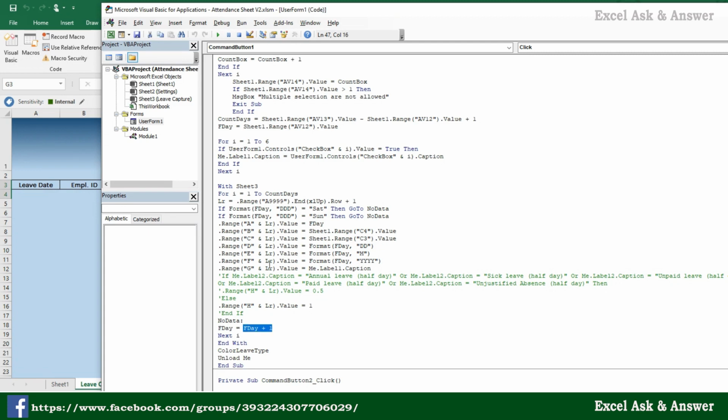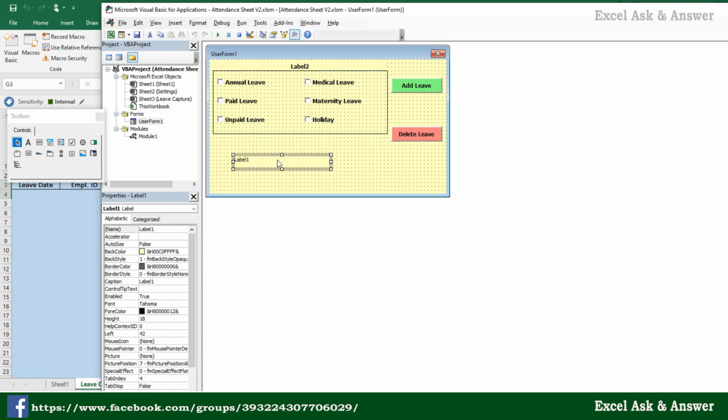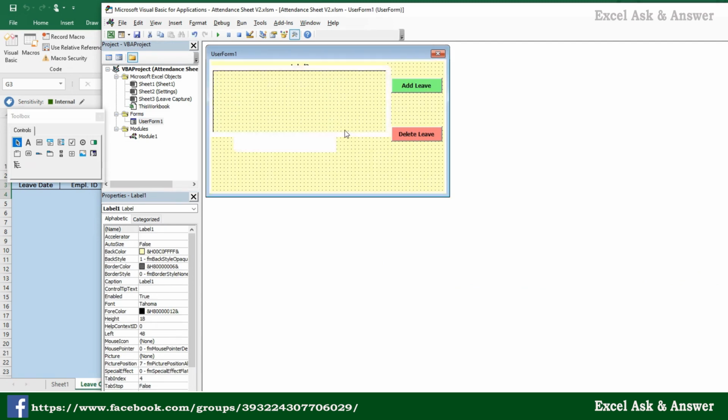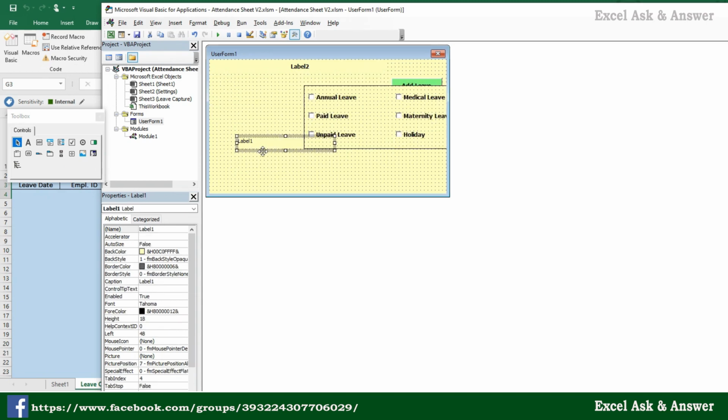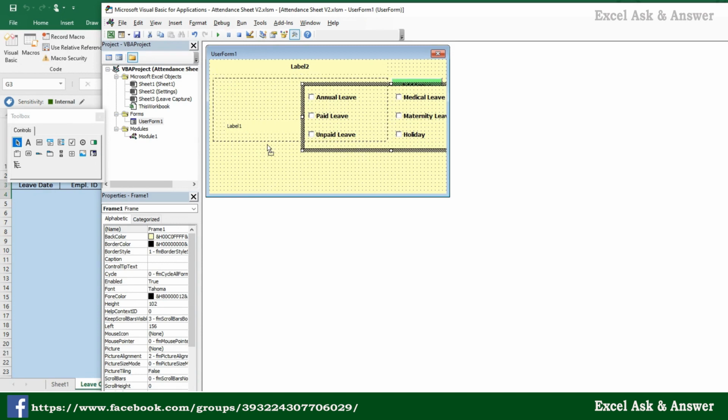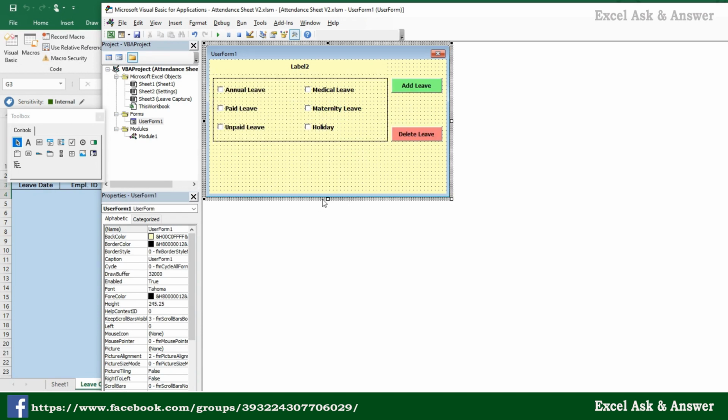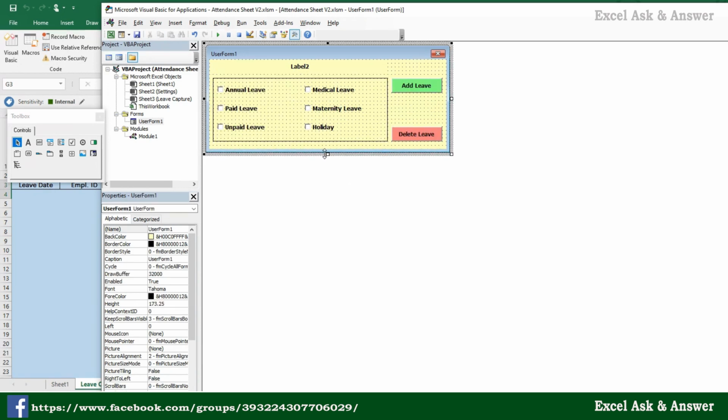If there are more than one date, it will go back to another day. And next type and color leave type I'll explain to you. And we will go back to a user form. We will put it as this back. Okay, we will hide this. Okay, we don't need to show this, so I will just hide this. Okay, perfect. Okay, then we will check what is a